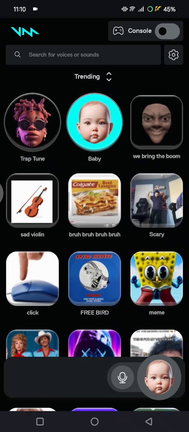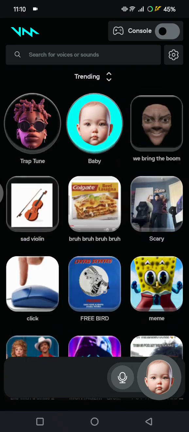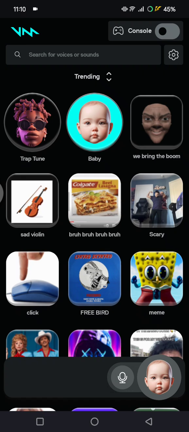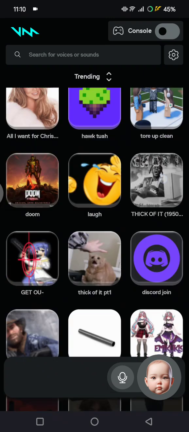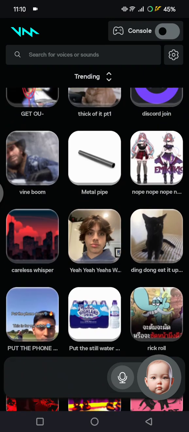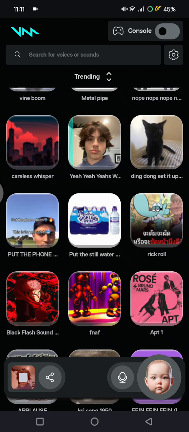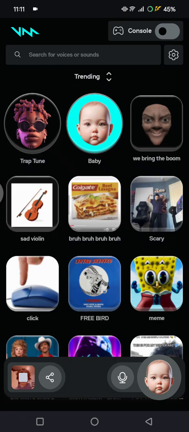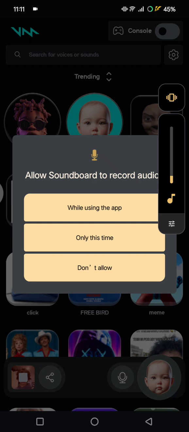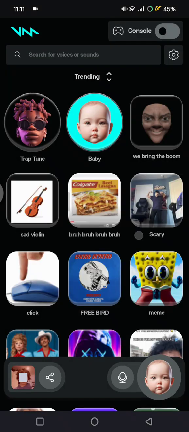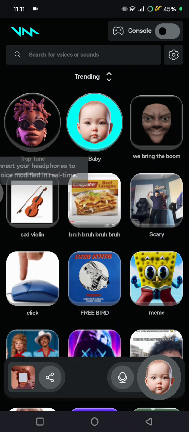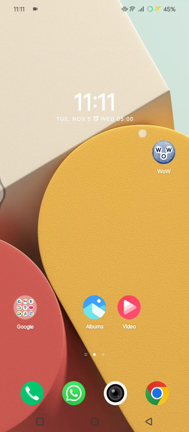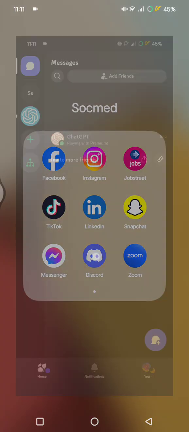Okay, so you can just search or select the voice that you want in here. For example, I'm going to use, let's try this one. You can hear the result first, or let's try the baby. You can click on it, but this time you need to connect your headphone to hear your voice in real time. So you can just select the voice first and then go back to this Discord app on your phone, and